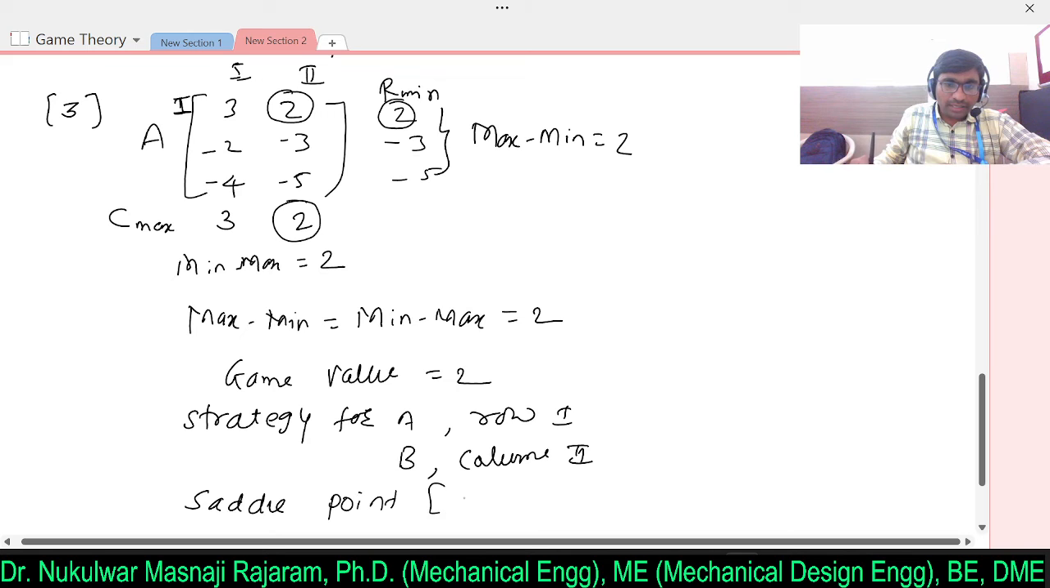So saddle point, again we can write 1, 2. Same here, 1, 2. Simple. So in examination, a question may ask on game value, they may ask strategy for A, they may ask saddle point. Now here if you observe, game value is 2,